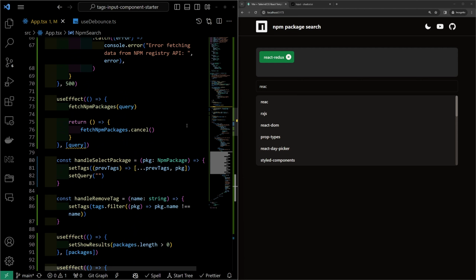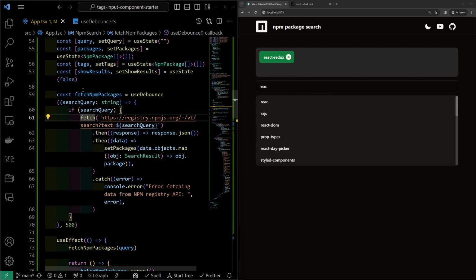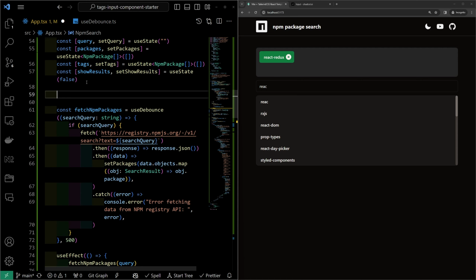So first thing we want to do, we need to create a ref for this whole component because we want to make it so that if you click outside of the component, then the React component should be able to capture that click and know whether or not you clicked in it or out. And based on that information, it will determine whether or not it should close it in response to that click. So let's go ahead and add this in here. So underneath the show results state,